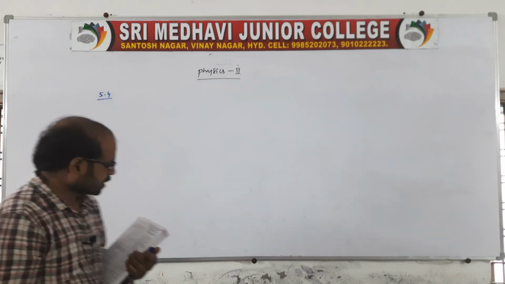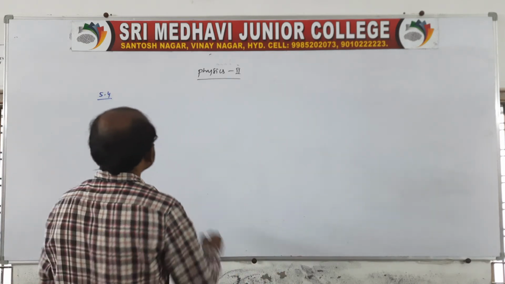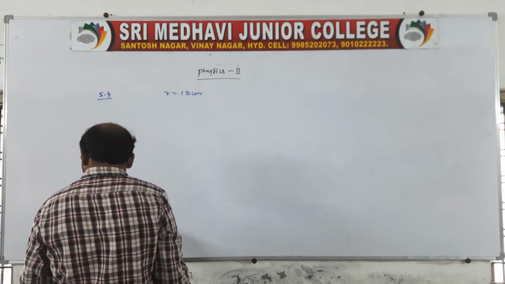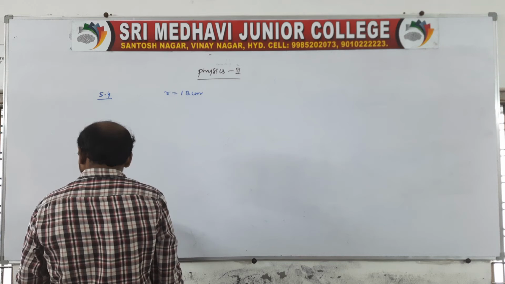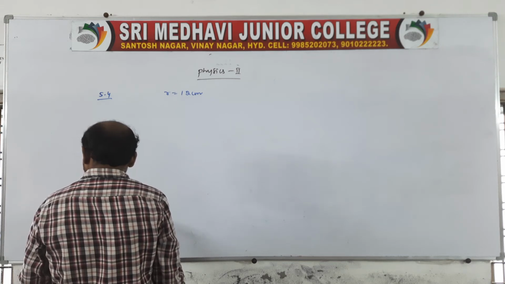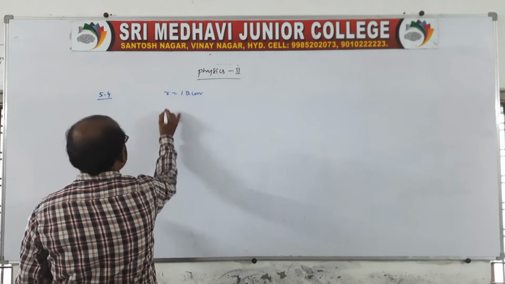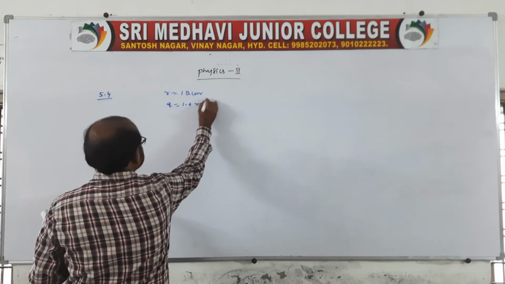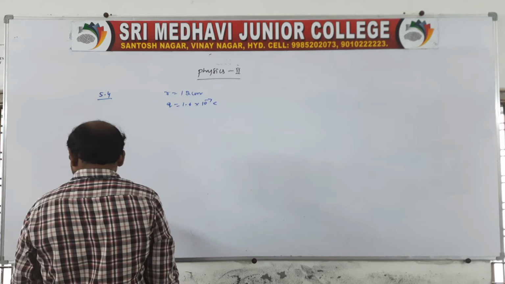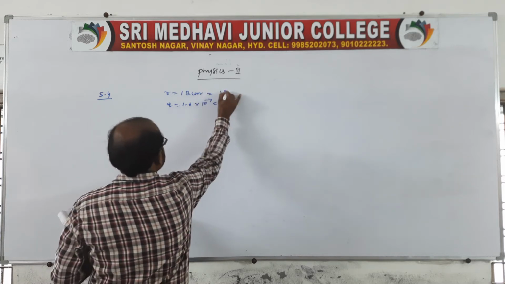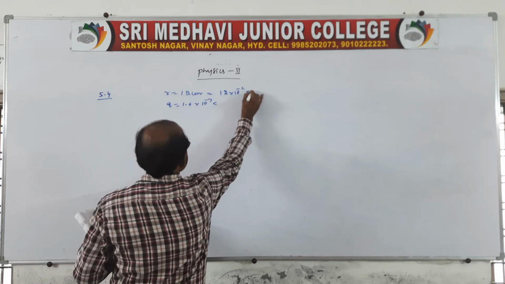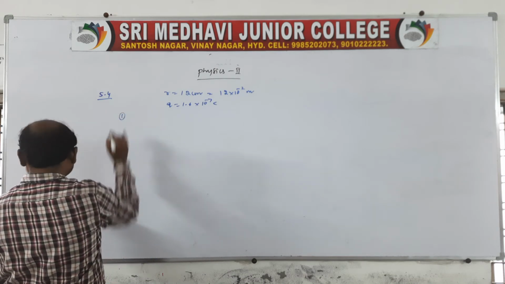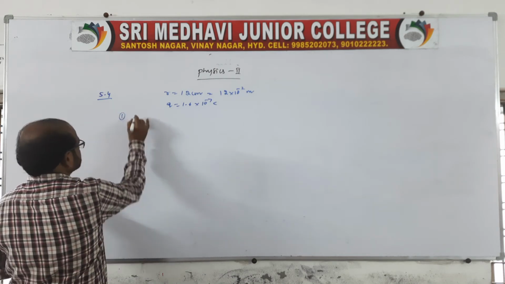right? A spherical conductor of radius, the radius is given as 12 centimeter, you say, right? And here it has a charge of 1.6 into 10 power minus 7 coulomb is given. You want to convert this 12 centimeter into 12 into 10 power minus 2 meters. What is the electrical field? The first one is asking inside the sphere.